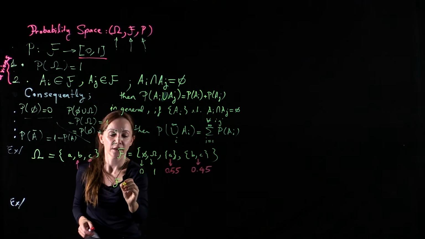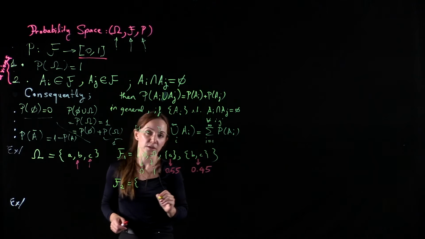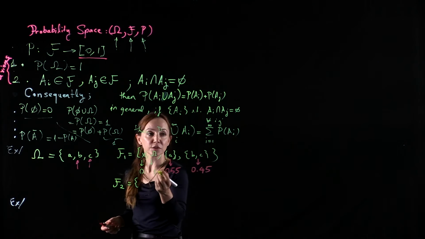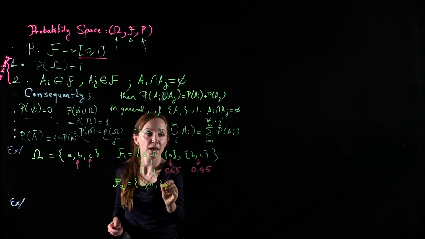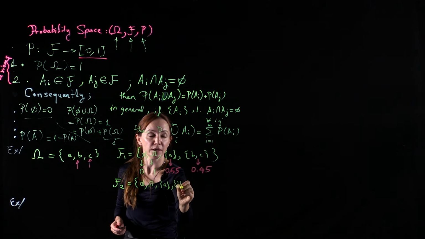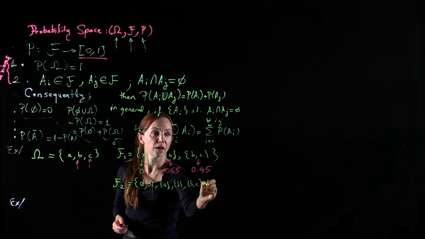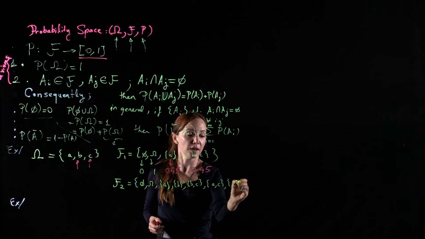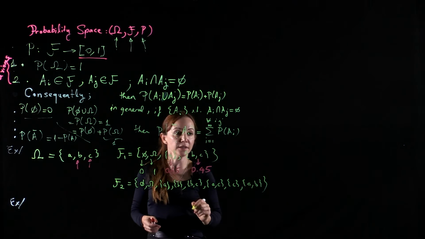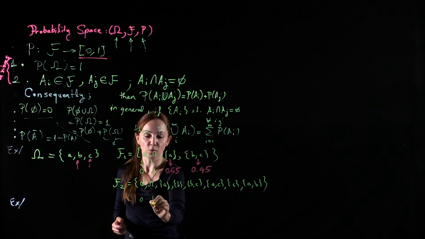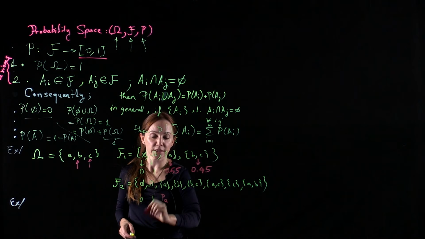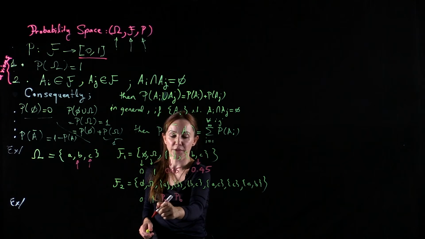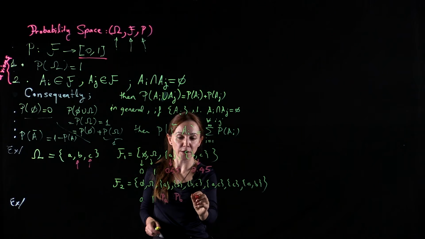However, if we had the following field or algebra, F2, which contained more detail, in fact, suppose it contained A, B, BC, and AC, and C, and AB, then we would have, let's say, 0, 1, and then assign a probability to A, and this would be P_B, this is P_A, this is P_B, and this would be